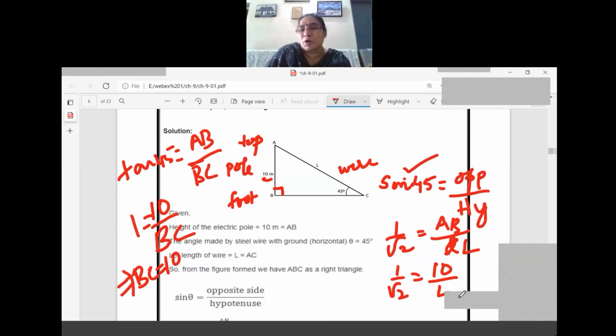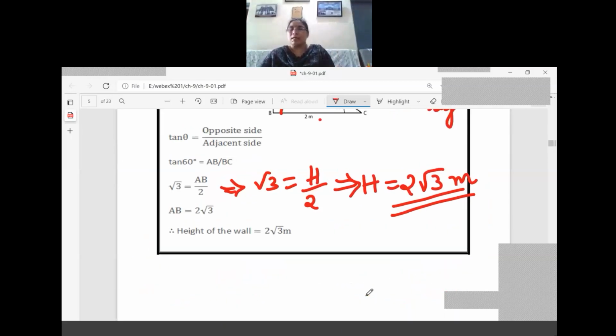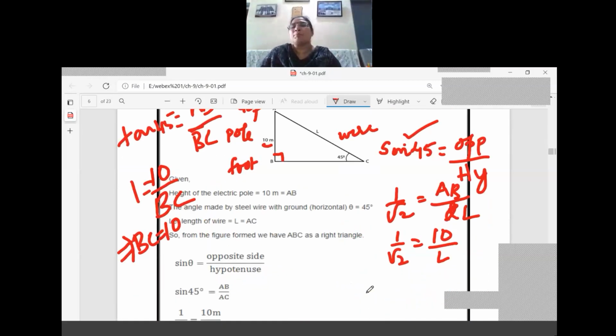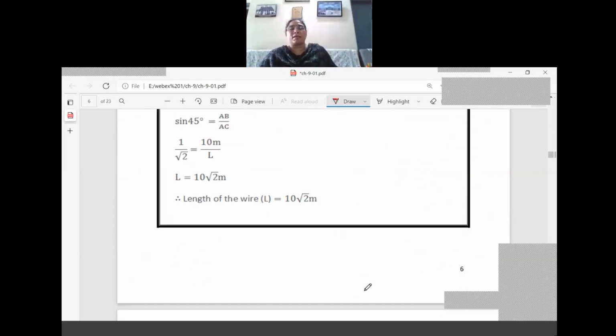So the most important step in the application of trigonometry is that based on the question you should form a right triangle correctly. If your right triangle is constructed, you can choose appropriate trigonometric ratios for finding the answer. So in the first two questions, it was tan only. Now in the third question, it became sine 45. Now let us see the next question.